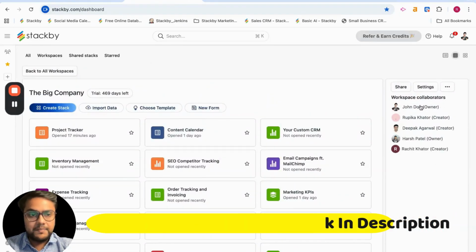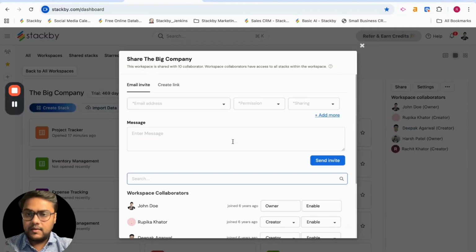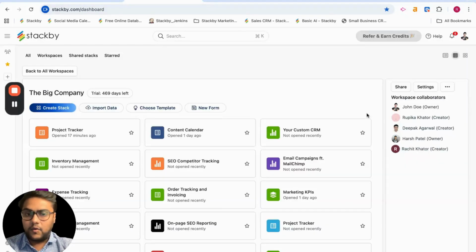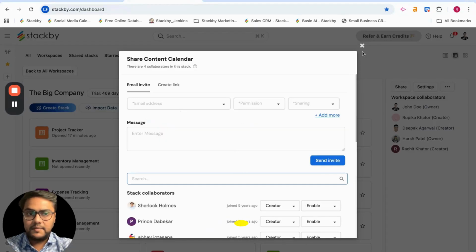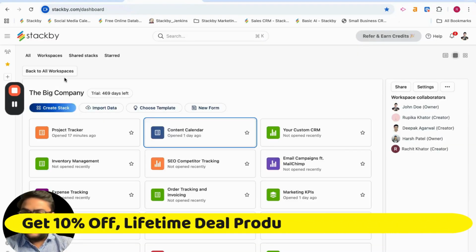You can even share your workspace with anybody and give them different permissions: so owner, creator, editor, commenter, or read only. Or you can share individual stacks with your team members, right? So now I'll quickly